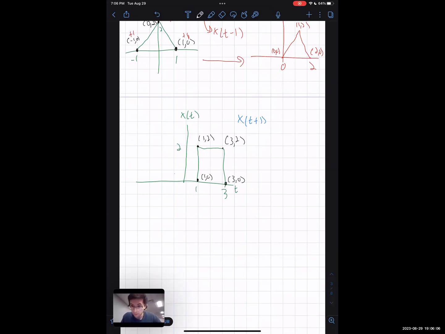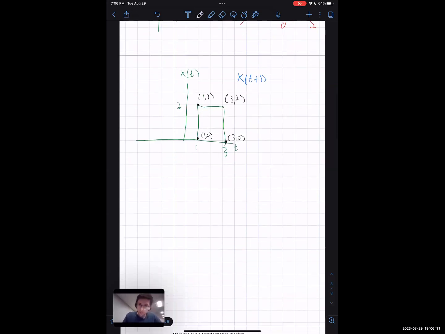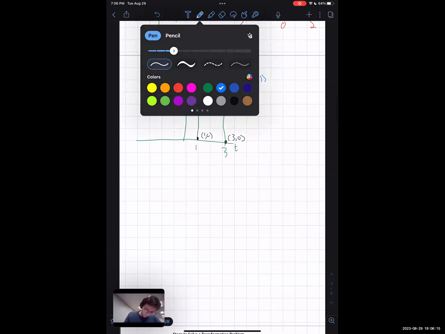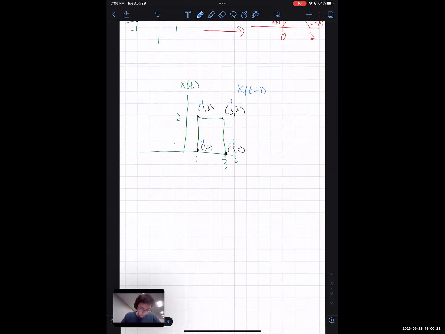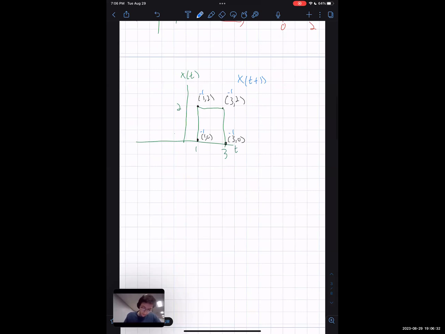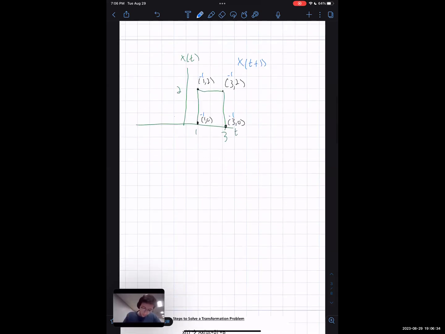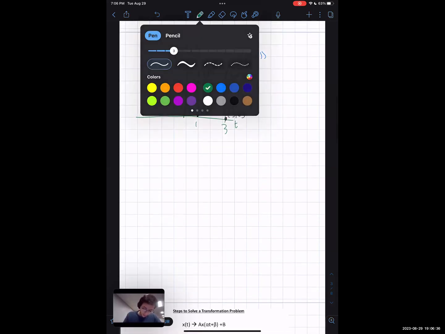My brain turns off after 4 p.m., so if I make some numerical mistake, please interrupt. We basically subtract all the x coordinates by 1. So here we're going to go minus 1, minus 1, minus 1, minus 1, minus 1. It's pretty easy to make a mistake, so my best advice is, once again, try to isolate the individual corners, or each node if you will, write out their coordinates, take it step by step, and plot all the points individually. Then you can play connect the dots. So using that method, maybe we would see something like